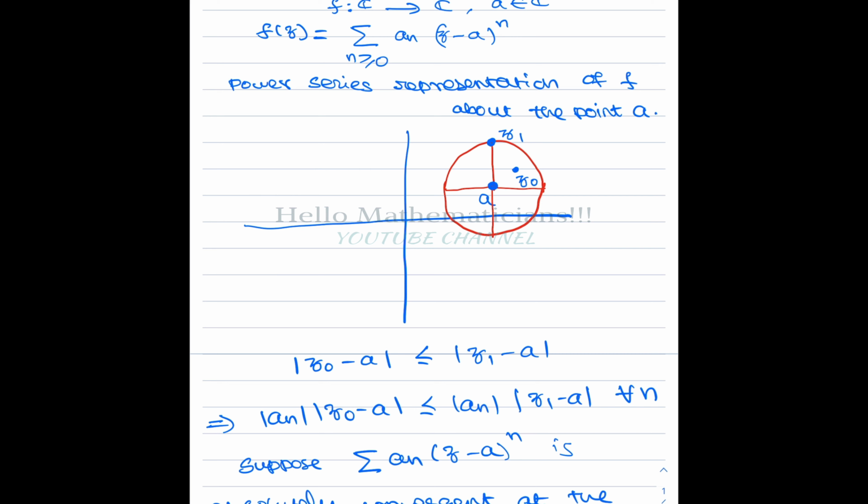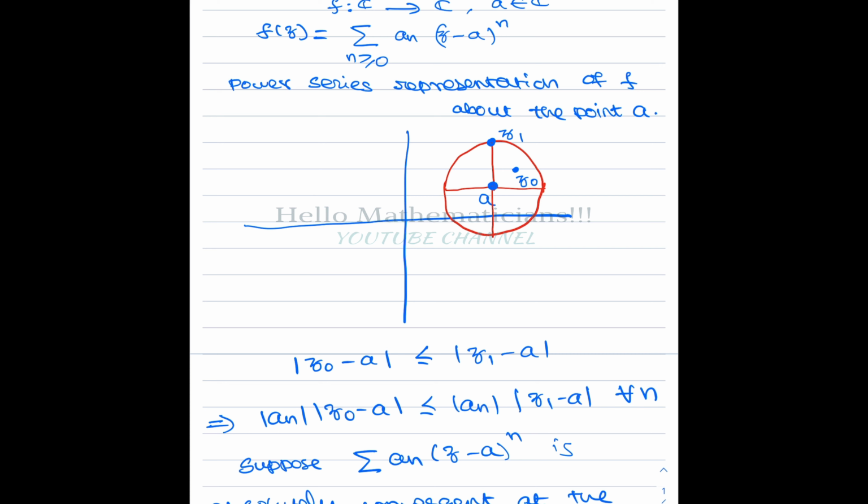I assume that this power series converges at the point z1. What does that mean? In z you replace z1. Then z1 is a complex number, a is a complex number, you can take its powers, and it becomes a number series, actually a series of complex numbers. Then you can look at whether it converges or not. We are assuming that at the point z1 it converges.